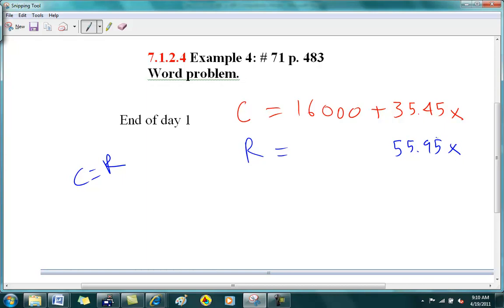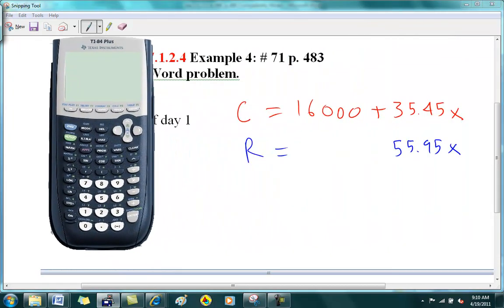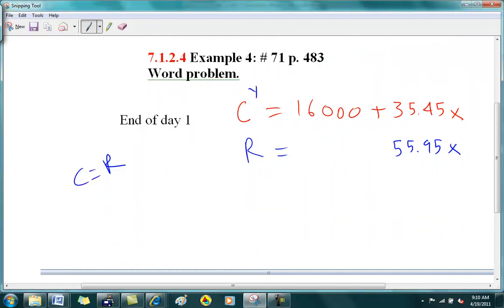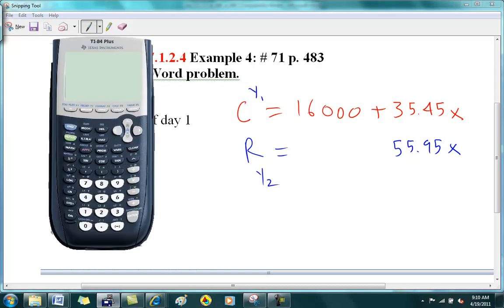Well, these are nasty numbers, so we'll need to put this on the calculator. Let's go ahead and do that. Okay, and obviously the equation is going to be y equals. Okay, so this one will be in y1. This one will be in y2. Okay? All right, so turning on,